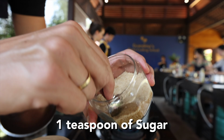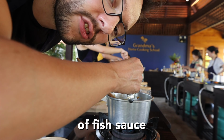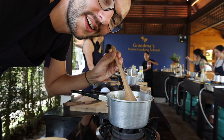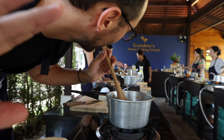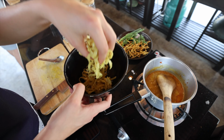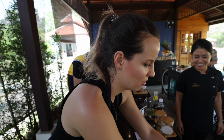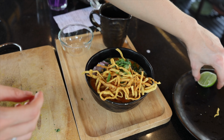Eggplant, 1 teaspoon of sugar, 1 tablespoon of fish sauce. I gotta say, this is so much fun. Normally Maddy's behind the counter, and now it's my turn. And so far, I think I'm doing a great job. But don't tell her. No, I really feel like street food. Ba-bam. And now the fried noodles. Very Chiang Mai. And last but not least,